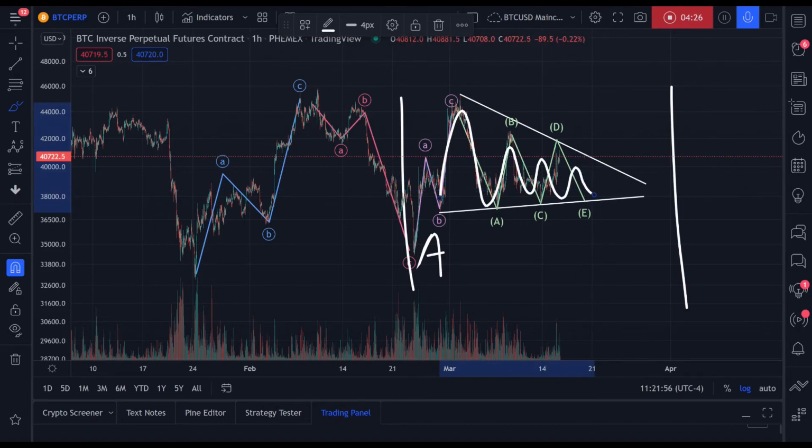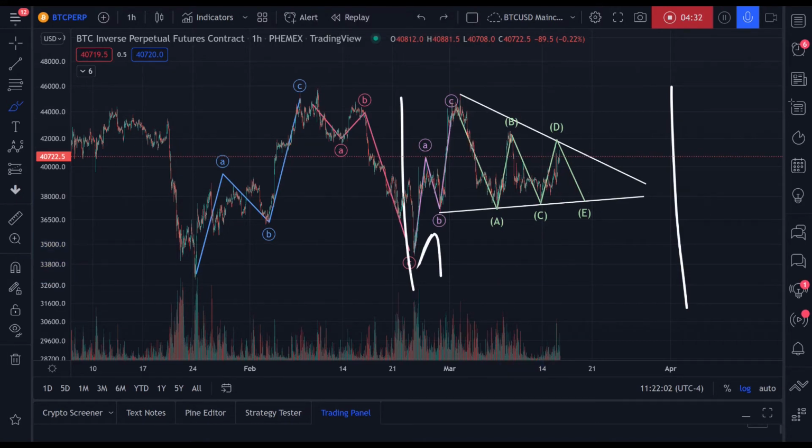This is our B wave. So if this is true, I know more or less when we will bottom out. I more or less understand this price action. One thing about triangles is that they come in 5 waves of 3. We count them A, B, C, D, E, because they're corrective. And each of these waves, A, B, C, D, and E, are in 3s.